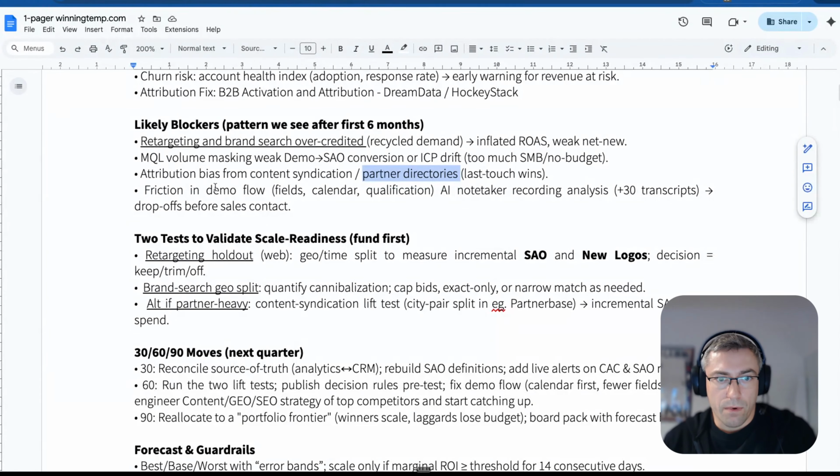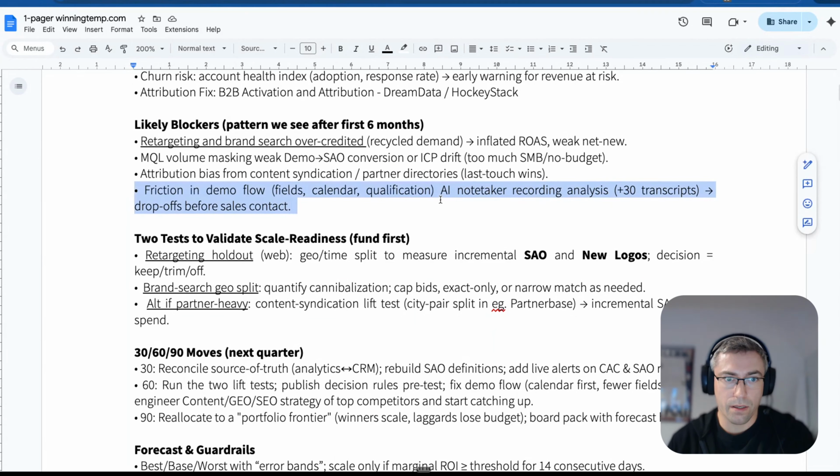Then there's friction in demo flows. This is something we covered, using AI note-taker recording analysis plus 30 transcripts, learning what's the process, really understanding what are the challenges that people have and what kind of questions they ask during the demo, which is also really connected to marketing. So the two tests that we think could help you in the first 90 days would be